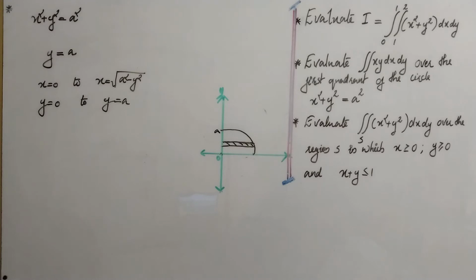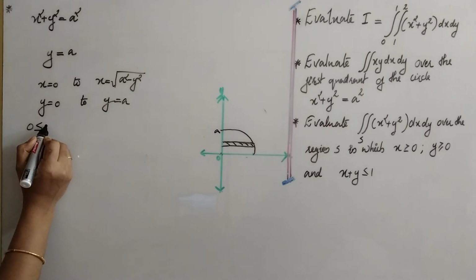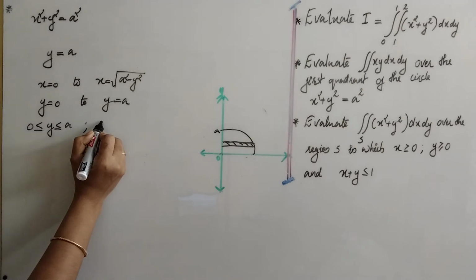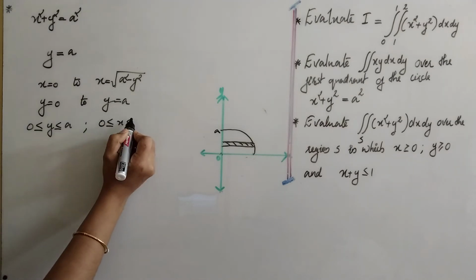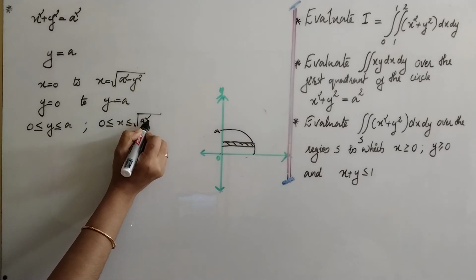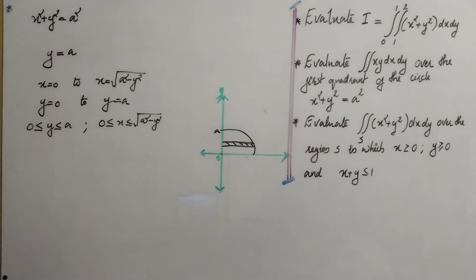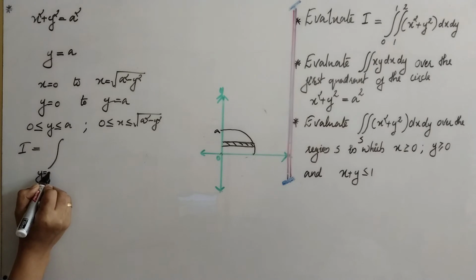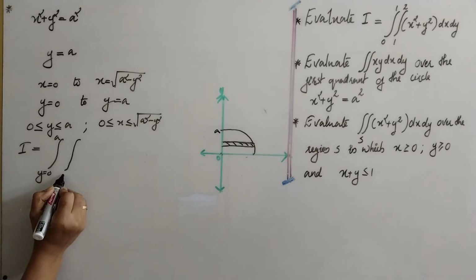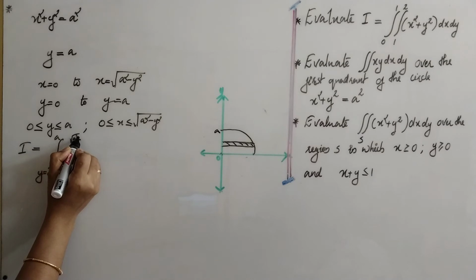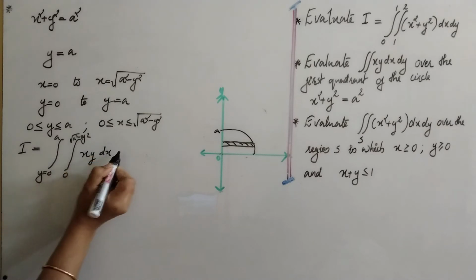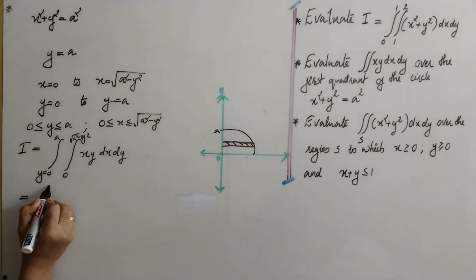Hence the region enclosed in the first quadrant of the circle is given by the set of inequalities 0 less than or equal to y less than or equal to a, and for x, 0 less than or equal to x less than or equal to root of a square minus y square. Then the double integral is y equal to 0 to a, x equal to 0 to root of a square minus y square, xy dx dy is equal to